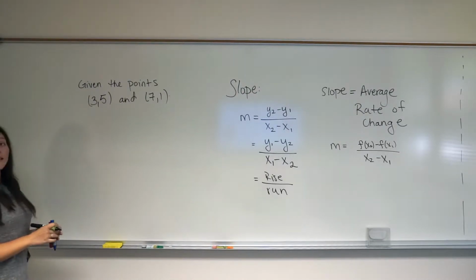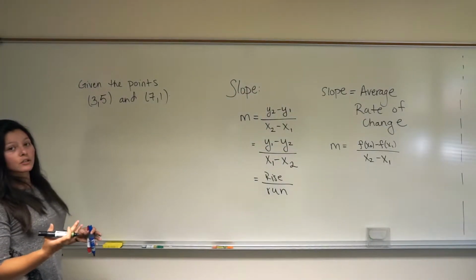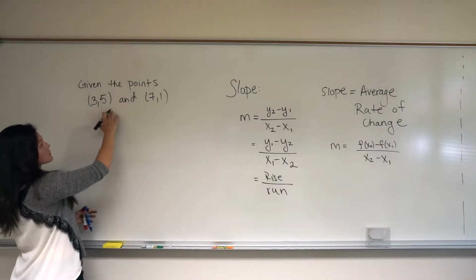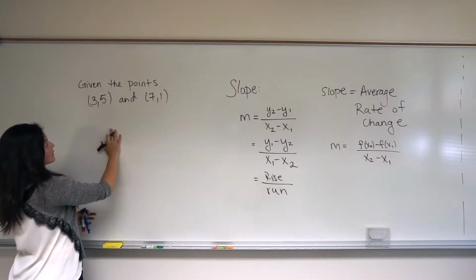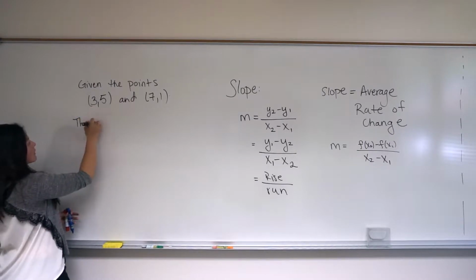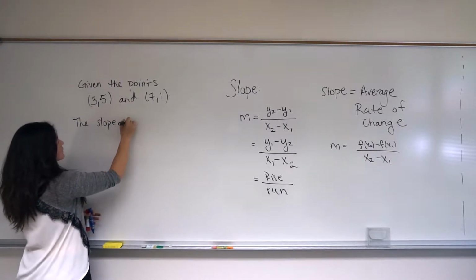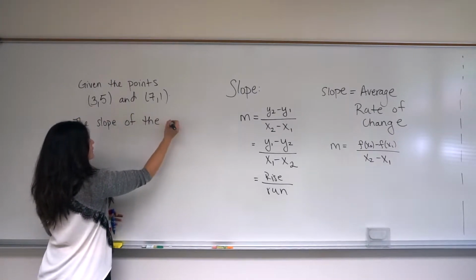And let's say we want to find the average rate of change or the slope of the line that passes through these 2 points. Okay? The slope of the line passing through these 2 points